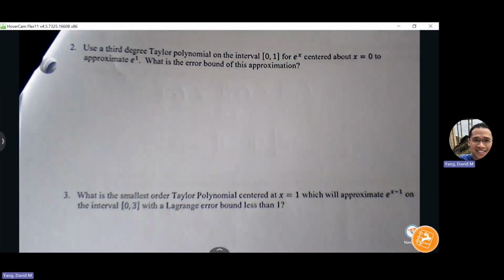Use the third degree Taylor polynomial on the interval from 0 to 1 for e to the x centered about x equals 0 to approximate e to the first. What is the error bound of this approximation? Okay, so I'm just going to